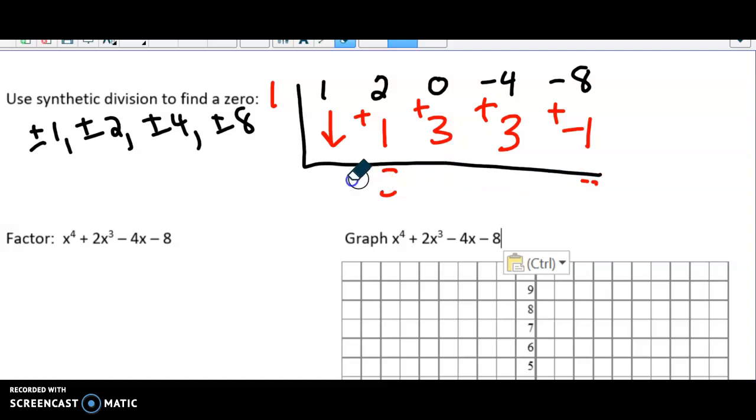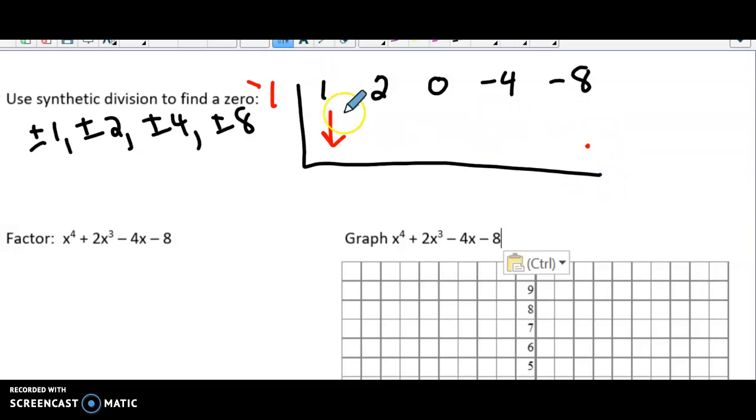Let's try -1 while we're here. Bring the 1 down. And then do that multiplication. 1 times -1 is -1. 2 plus -1 is 1. 1 times -1 is -1. 0 plus negative 1 is negative